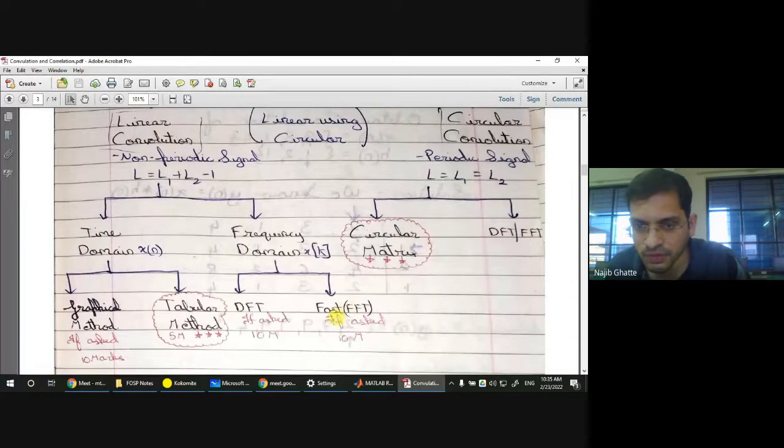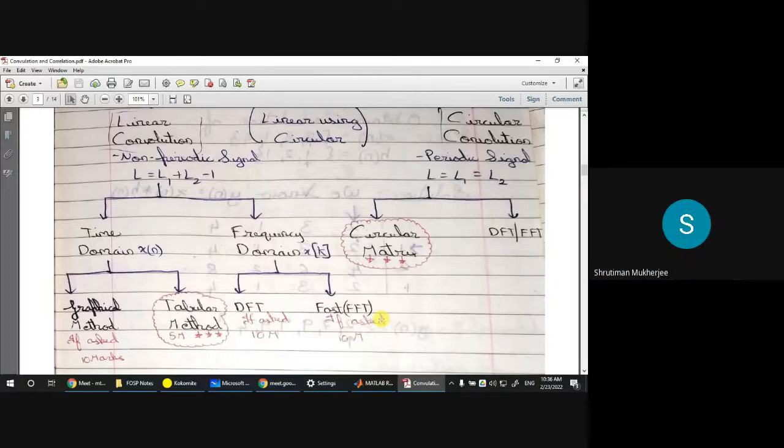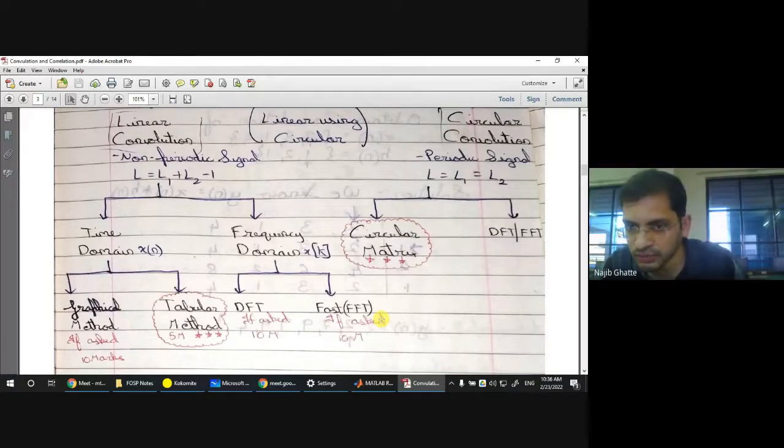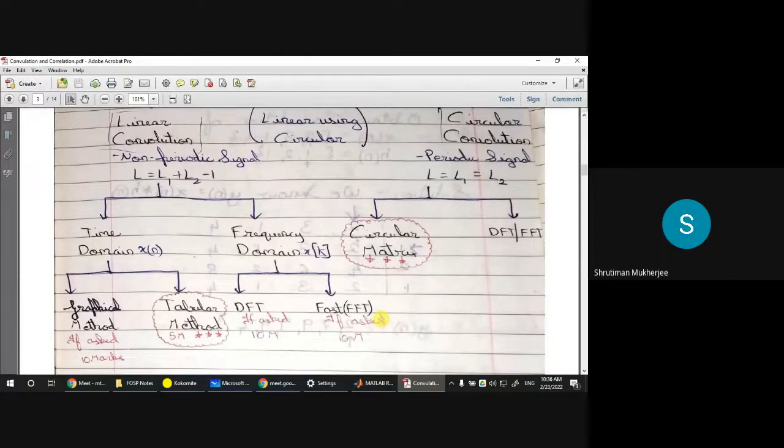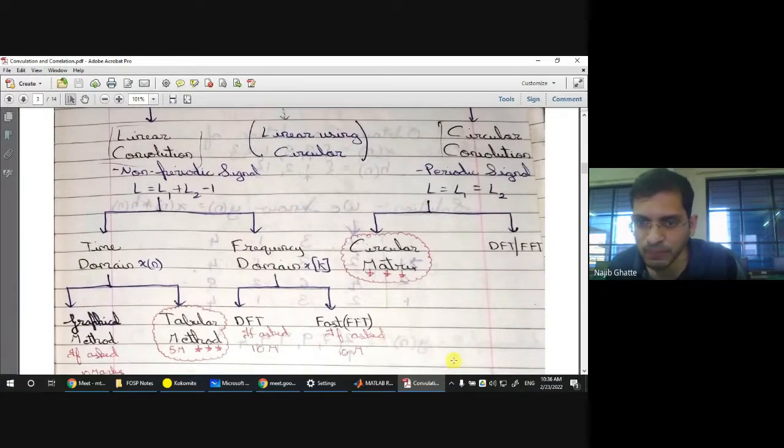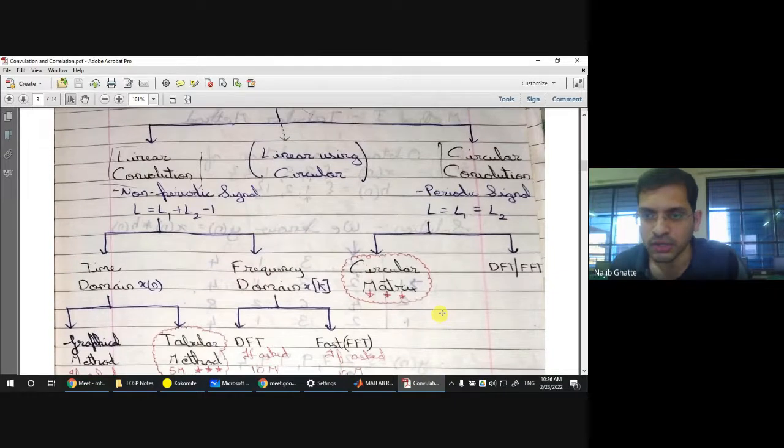What is the full form of FFT? F for Fast, F for Fourier, T for Transform. Fast Fourier transform. Exactly. DFT is Discrete Fourier transform. Very good. When we study it, you will get more clarity. It is very easy, interesting, and fun to teach. And I have very good jokes and comedy over there, so it becomes very interesting for you to listen to this theory. Don't worry about it.